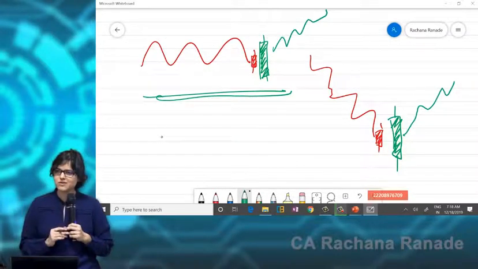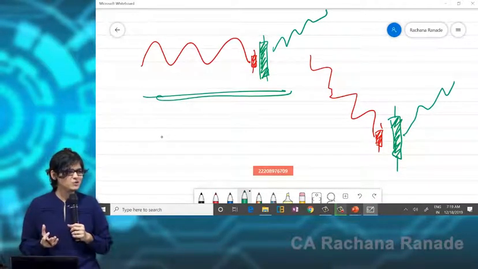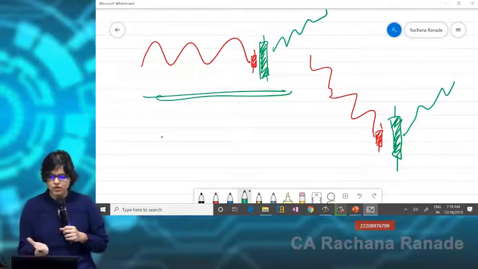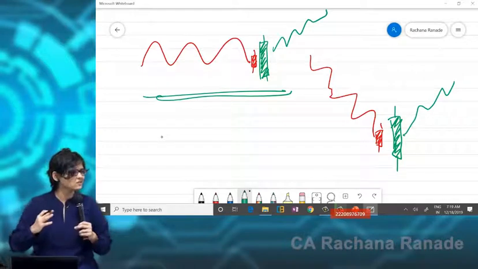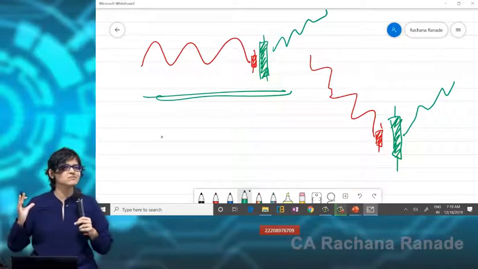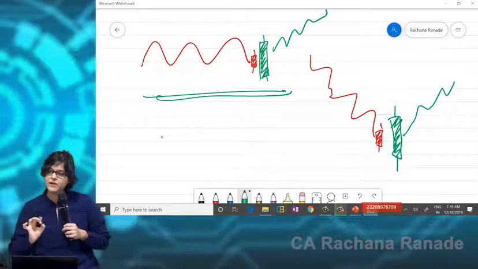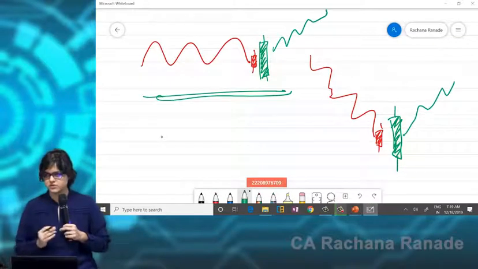How can we be sure? You may say again same old story, 8 on 10 chances. But is this the only thing that I have to check? A bullish engulfing candlestick, done, then I'm going to take a position? No. So this is one parameter that you can check for further studies.